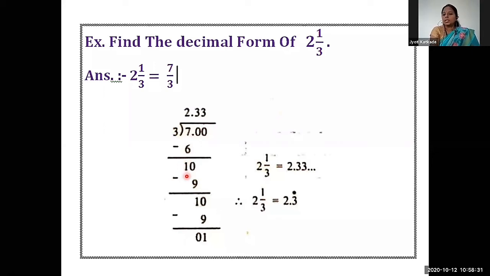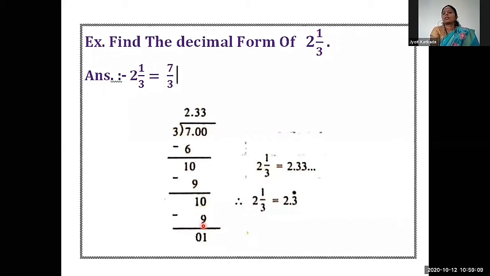Now 1 is not divisible by 3 because it is a smaller value. So put one decimal point after 2 in the quotient. When we take the decimal point, there is 0 on 1. We get 10. Now 3 threes are 9. When we subtract 9 from 10, we get 1. Now when we get 1 and after taking the decimal point, 0 is added there, we get 10. The same step is repeating.